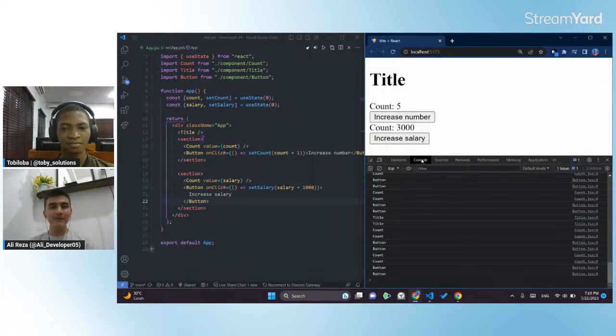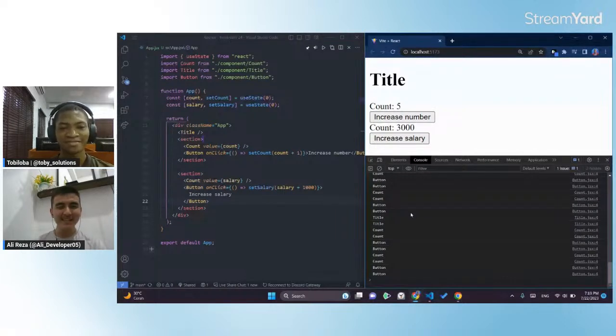If you're working in a massive project and whenever we click the button all of the console.logs pop up, it is going to reduce the performance of the website. So we have to use something like useCallback or useMemo for not console.logging all the text. So that's why we are going to